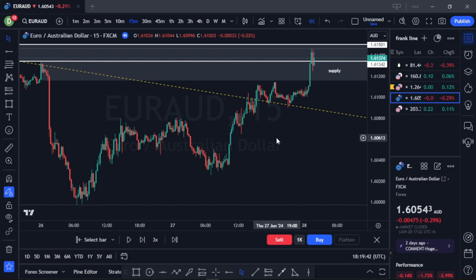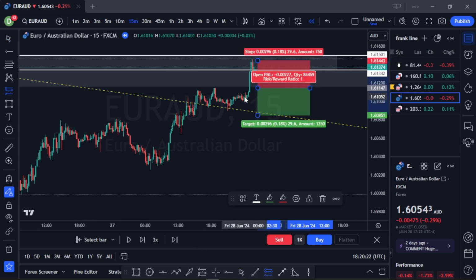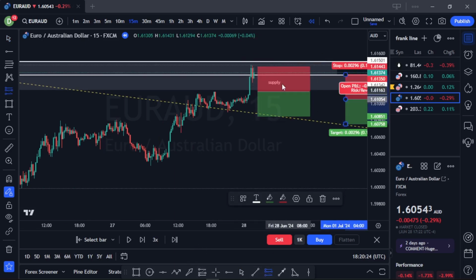So now remember what I told you. The first one is that you look for the market direction to make sure that the market is in a downtrend. Secondly, make sure that you draw the trend line, and your trend line should get at least 3 touches before you confirm it as a trend line. And after the market has given you all these 3 touches, make sure you identify supply and demand levels. So now what I'm going to do here is set my limit order at this point. My limit order will be below the supply and demand level